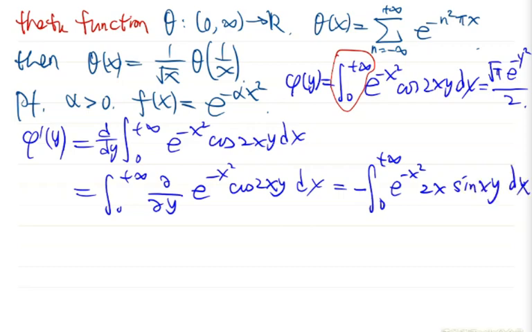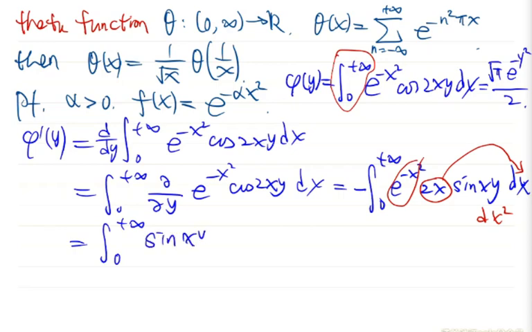Then because of the 2x here, you can move this 2x inside the differential to obtain d of x squared. Then you can move the exponential inside the integral. So this can be written as the integral from 0 to positive infinity of sine xy d of exponential of minus x squared,